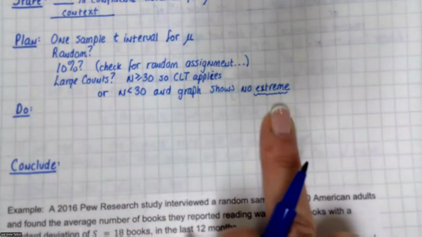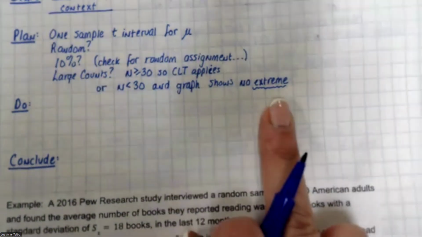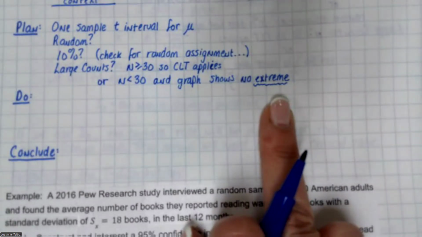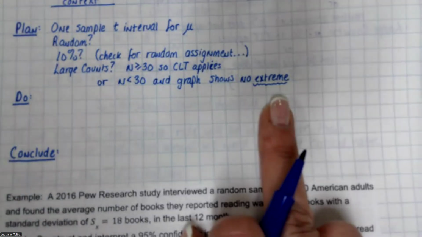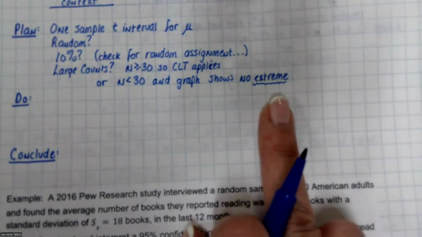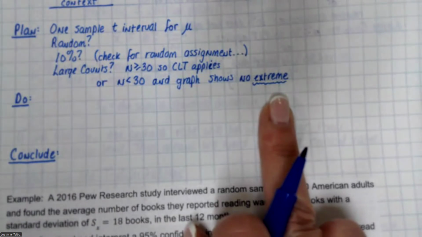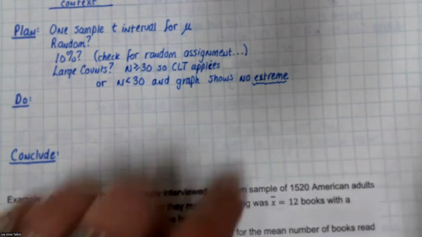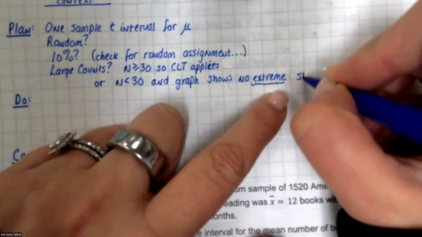Do you know of any of those voices from either a Slim Jim commercial or a monster truck show? Okay, so when I say extreme here, I don't mean regular extreme. I mean like extreme, like that. So the graph shows no extreme skew